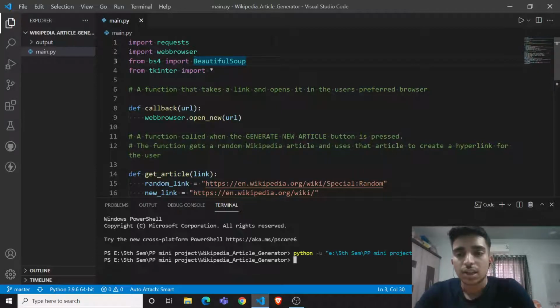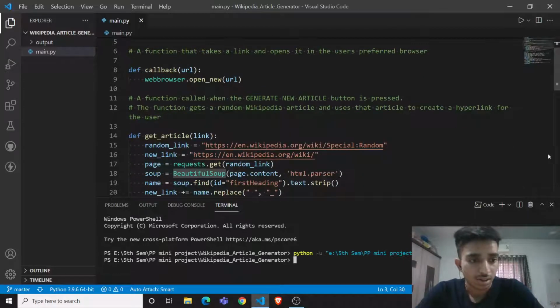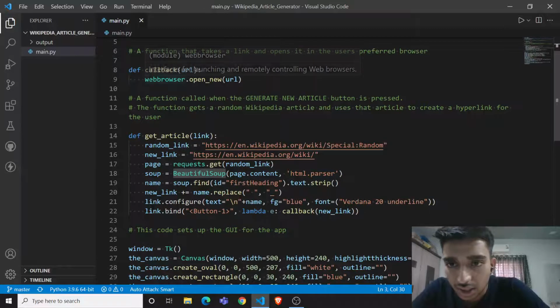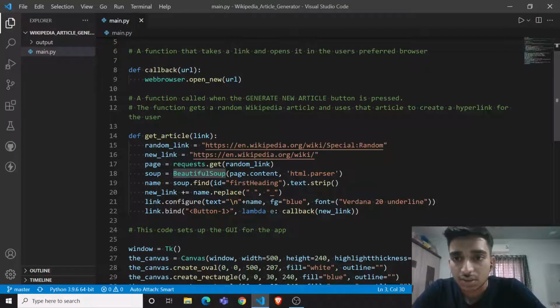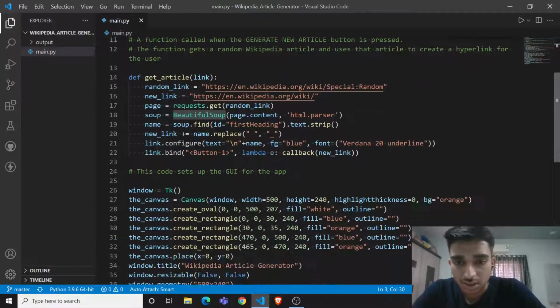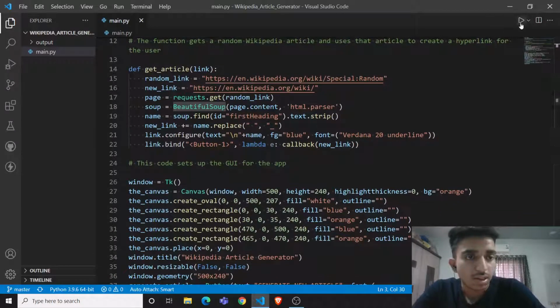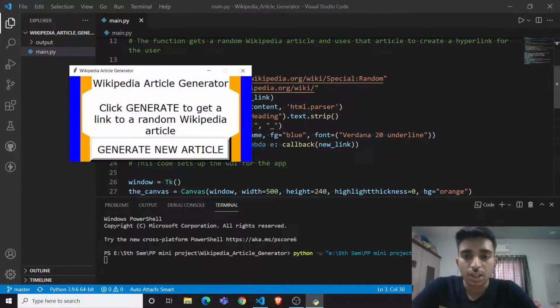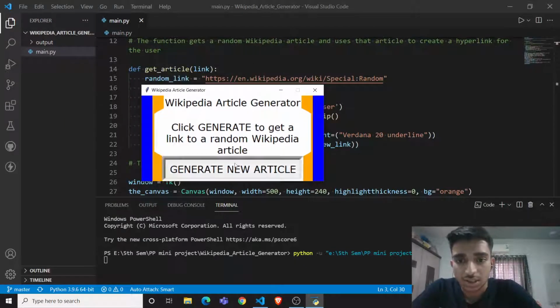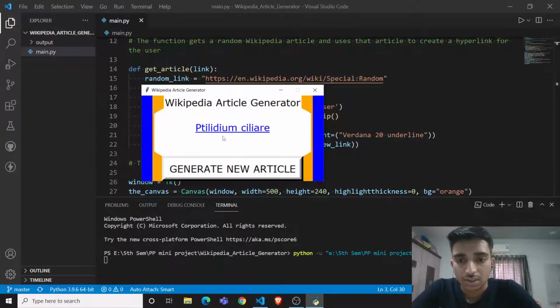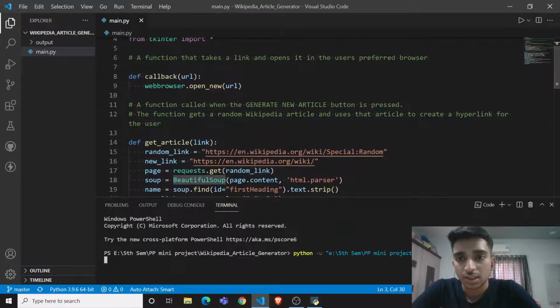And then I created a callback function. Whenever a user clicks on this link, this function is called, and it will open in the user's browser and show the Wikipedia article.